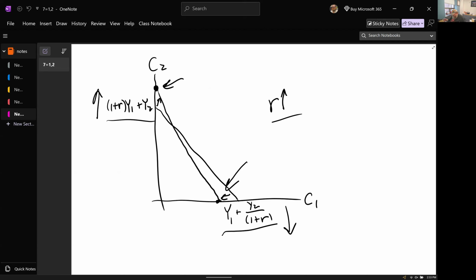So basically what that means is that when interest rates rise, it becomes more expensive to consume in the current time period, and it becomes cheaper to consume in the future time period. And so when interest rates rise, we tend to expect people to forego